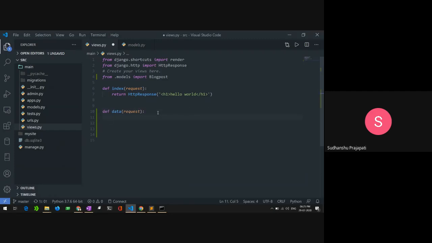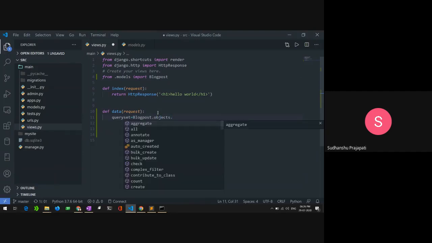So now I will get all the objects and store them in an object named query. To get all the objects, I need to run the command BlogPost.objects.all, and it will return all the objects inside the query set.